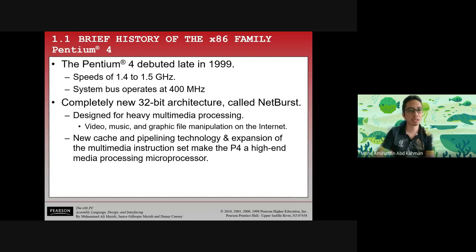It's designed for heavy multimedia processing: video, music, and graphic file manipulation on the internet. New cache and pipelining technology was also introduced to expand the multimedia instruction set and make the Pentium 4 a high-end media processing microprocessor. So you can look here that